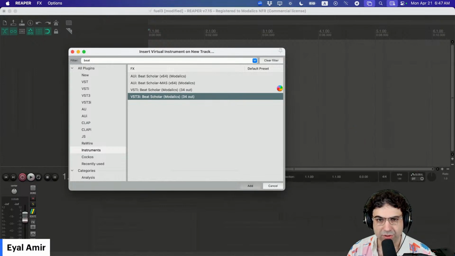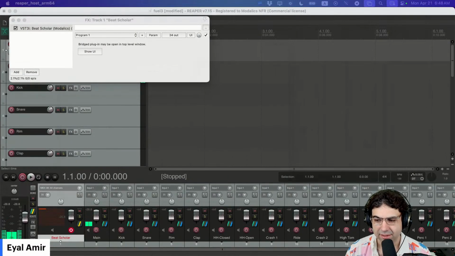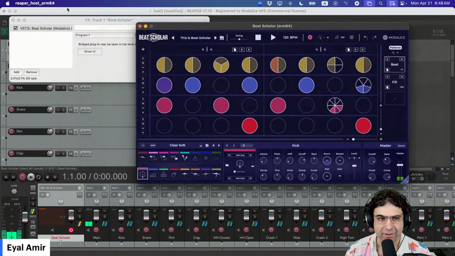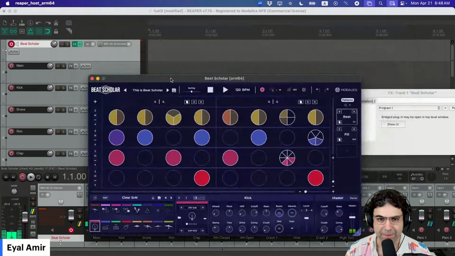BeatScholar is going to load. Might be on a debug version of BeatScholar. Yes, here it is. So Reaper automatically suggested, hey, I can just build the routing for you. And actually, you can just click yes here. And once I click yes, Reaper basically did all of the work for me. You see it created a bunch of tracks, main, kick, snare. Now, if I just play a BeatScholar preset,